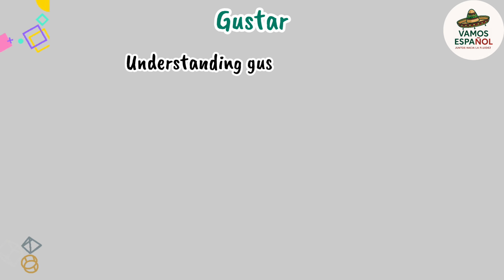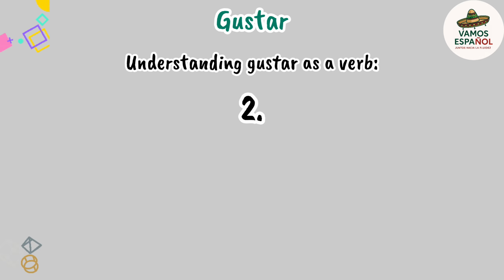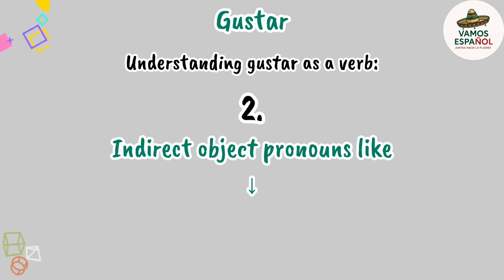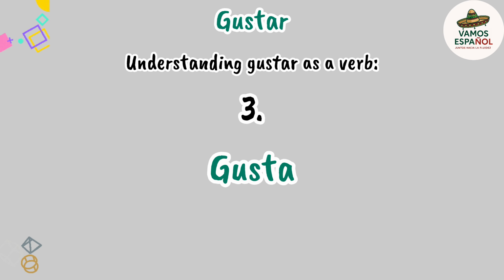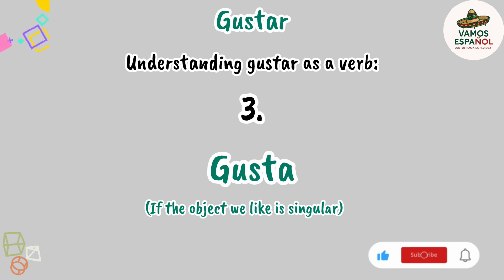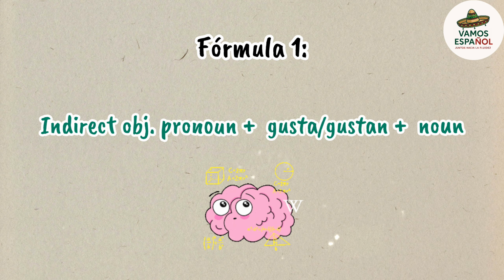But don't worry, that's why I'm here, to let you know that one, gustar is not conjugated like other verbs. Two, it carries indirect object pronouns like me, te, le, nos, les to show who's being pleased, or the person who likes something. And three, we need just gusta if the object we're talking about is singular, and gustan if the thing we like is plural. So our first formula for today is,